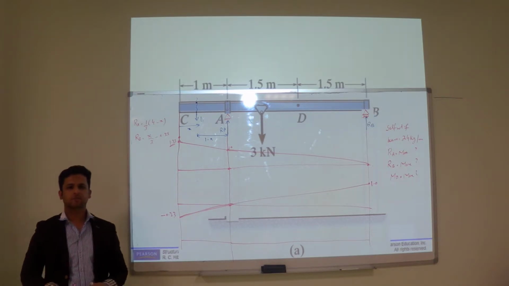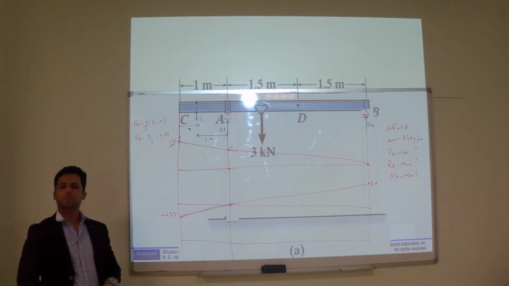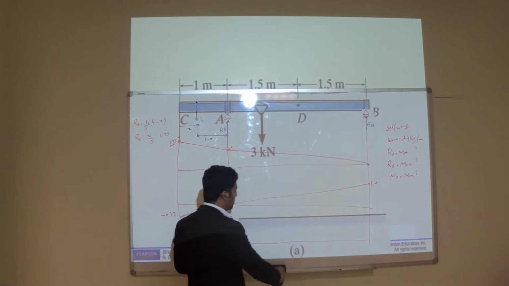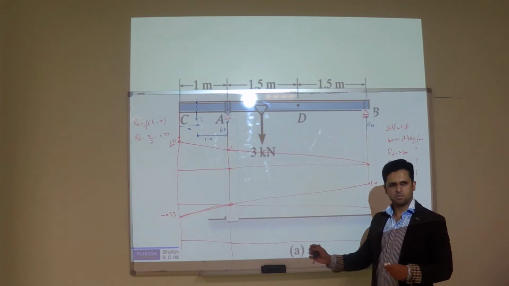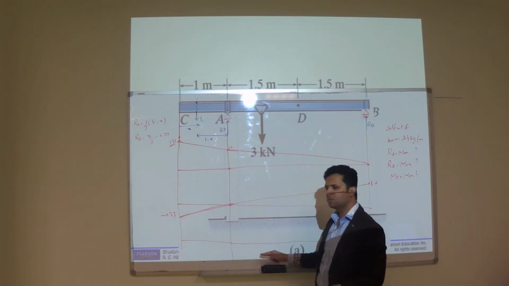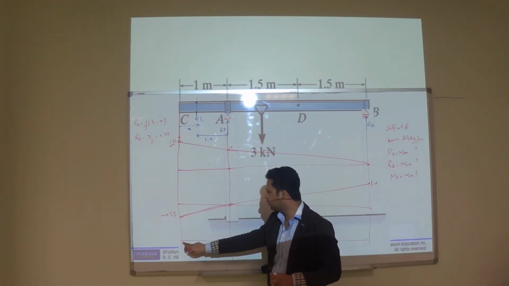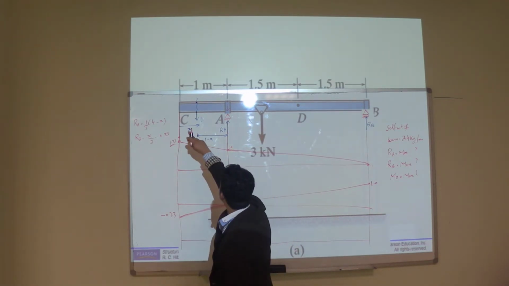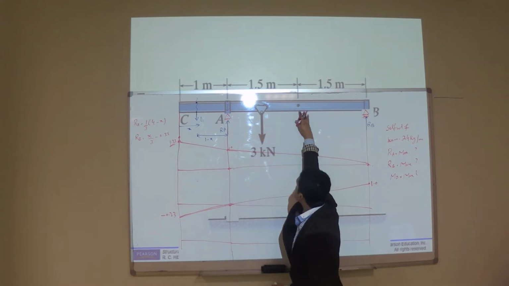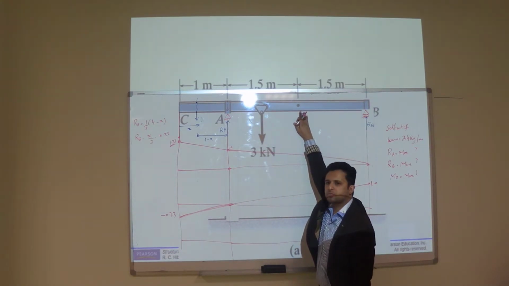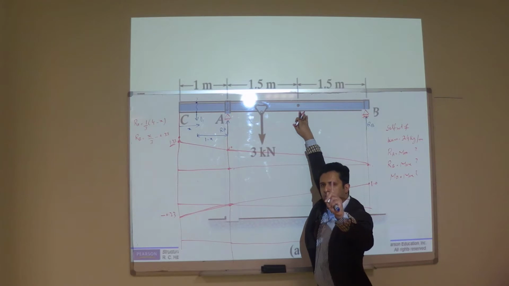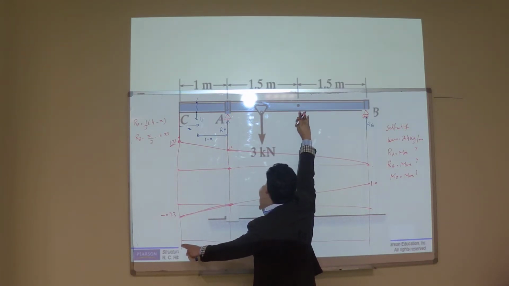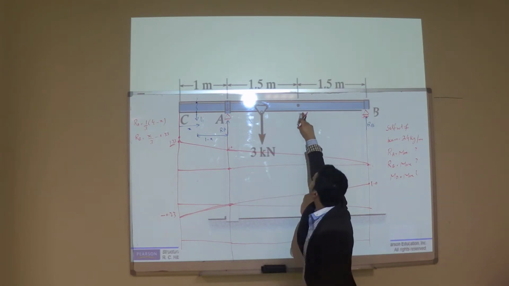Now what is left? Moment. So we need 3 points, 1, 2 and 3. Instead of writing for every 1 meter, 2 meter, we need 3 points. How much will be the moment here? For example, if the load is here at point C, how much will be the moment at point D? If unit load is at point C, how much will be the